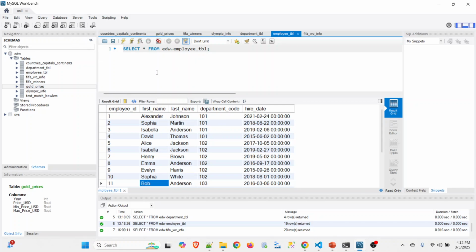I hope I am clear with the data. This is the data I have, and I will be using this data